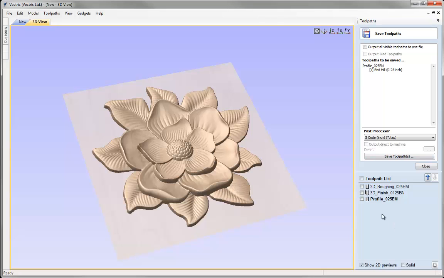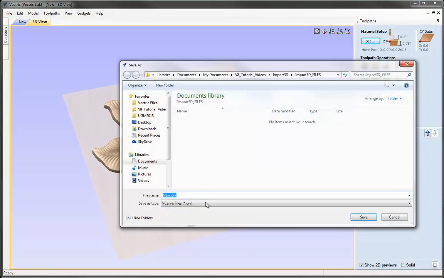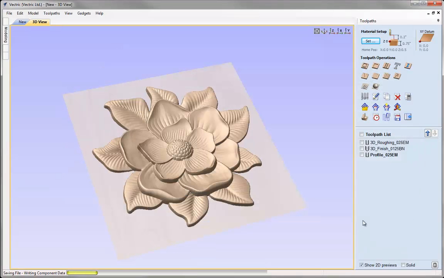As well as saving the toolpaths, we may also want to save a safe copy of our file so that we can open it and make edits at a later date. I'm just going to close the Save Toolpaths form here, come up to File and Save As, and in the project folder we'll call this Import3D Toolpath and hit the Save button there,